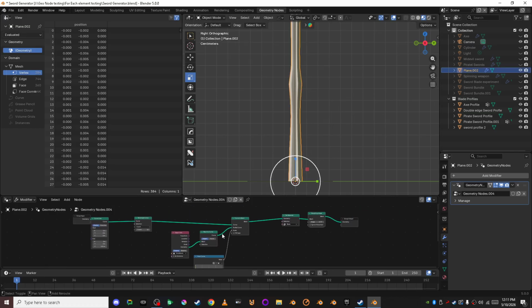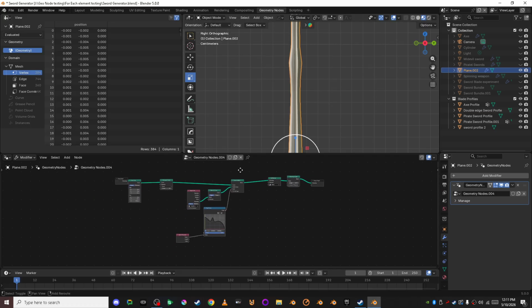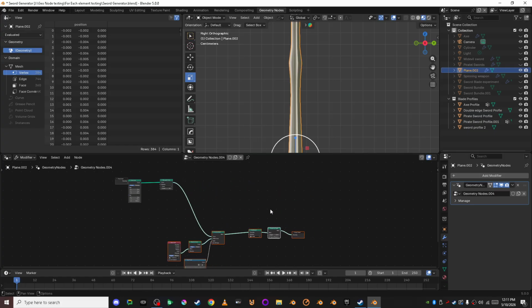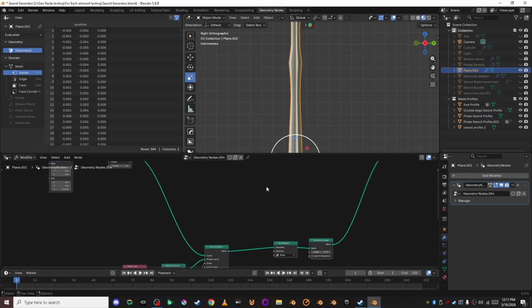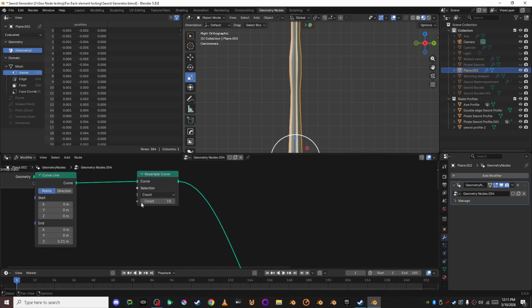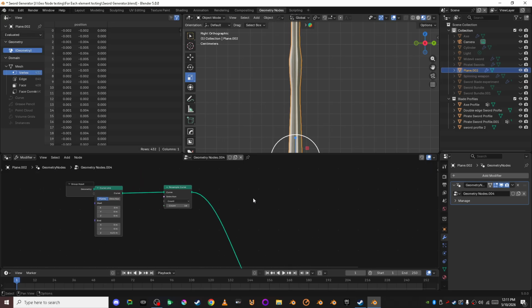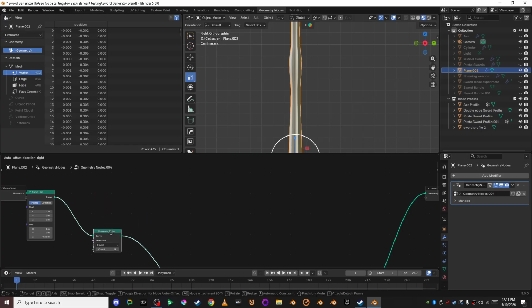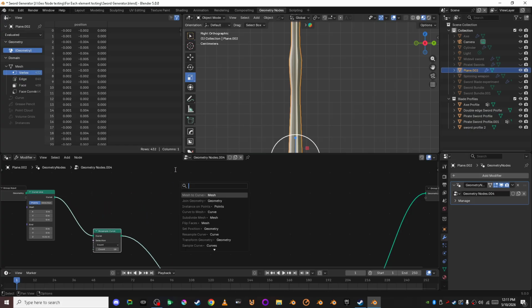And then another thing we can do is, I'm going to do here is, what are we going to do now? Yeah, we are going to make a curved sword. So we're going to go here and we're going to